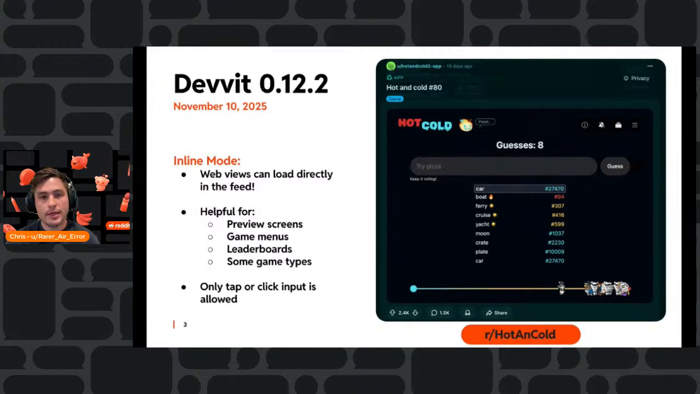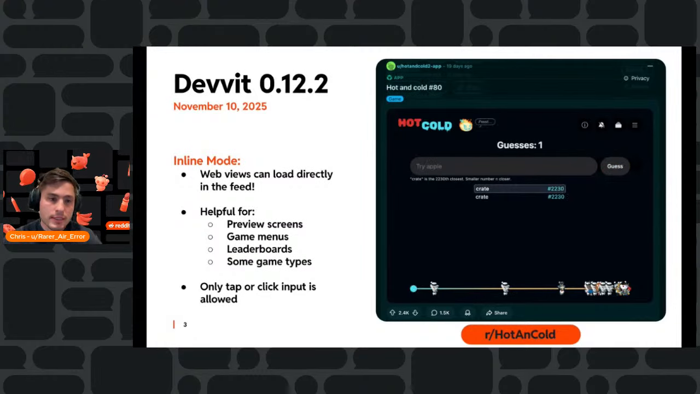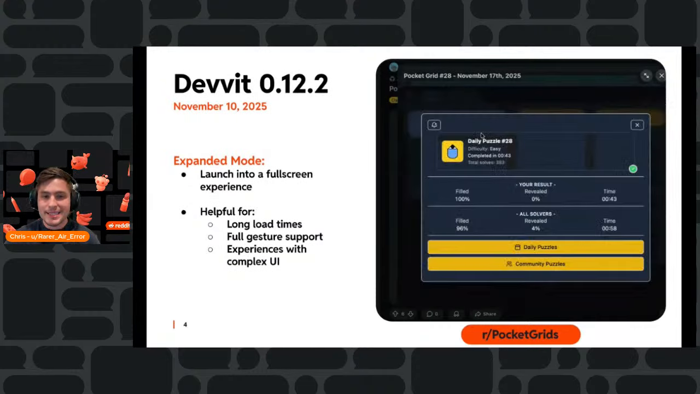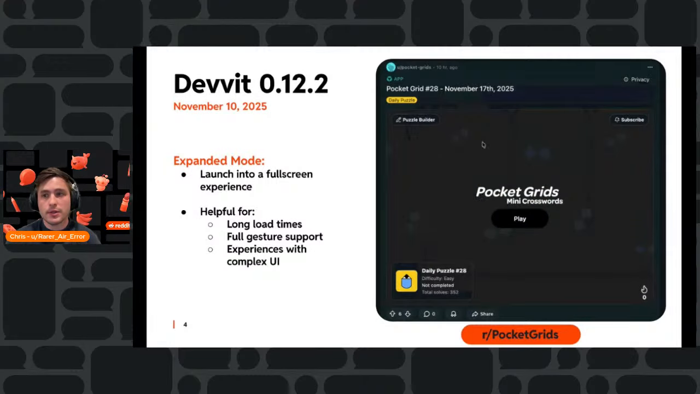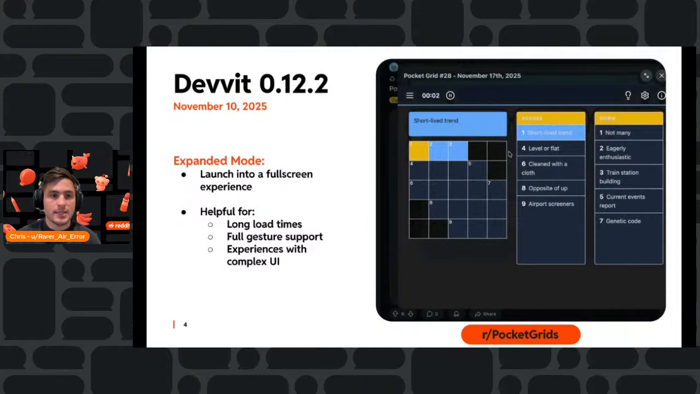So if your app needs multiple gestures or swipes or things like that, you'll need to use expanded mode, which is also rolling out in this 12.2 release. Basically, this allows you to launch into that full screen experience. If you've been using Devvit for a while, remember the blocks into WebView. This is a similar format to that, but without the blocks piece of it, this now allows you to build HTML pages and then launch from those